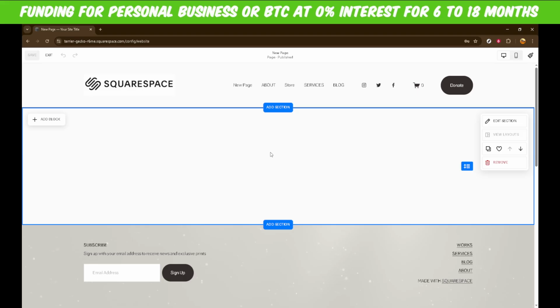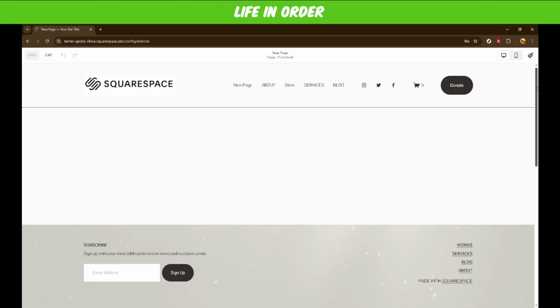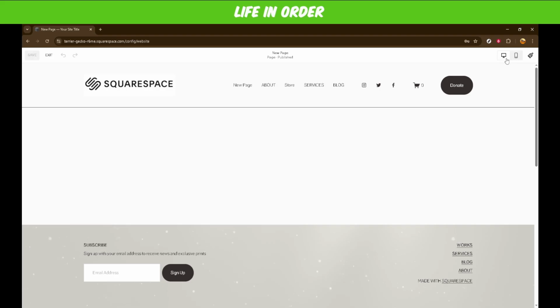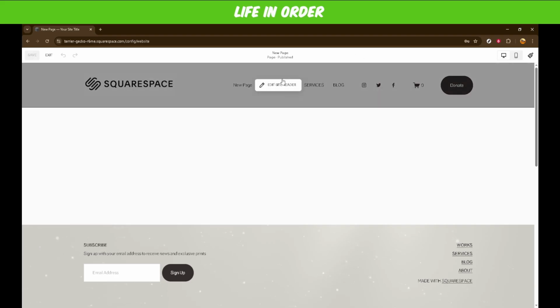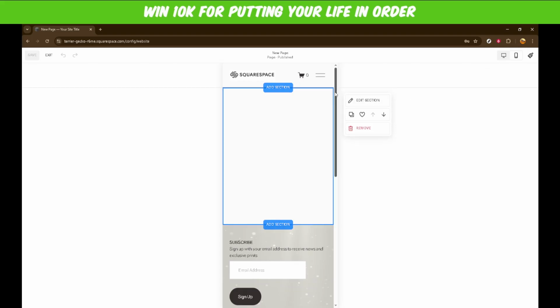First, head over to the Squarespace website editor. Once you are in your Squarespace dashboard, you'll want to access the main editing area. This is where all the magic happens and where you can make changes to your site's appearance and functionality. Now, in the top left corner, you should see an icon for mobile view. Go ahead and click on that. This will give you a preview of how your site looks on mobile devices, allowing you to spot areas that